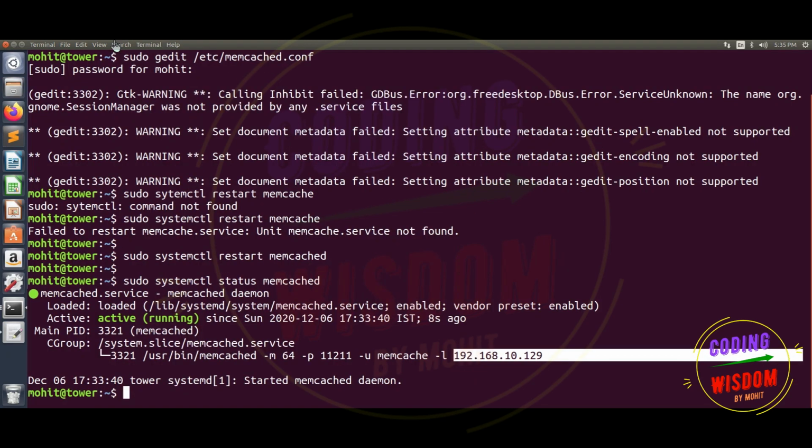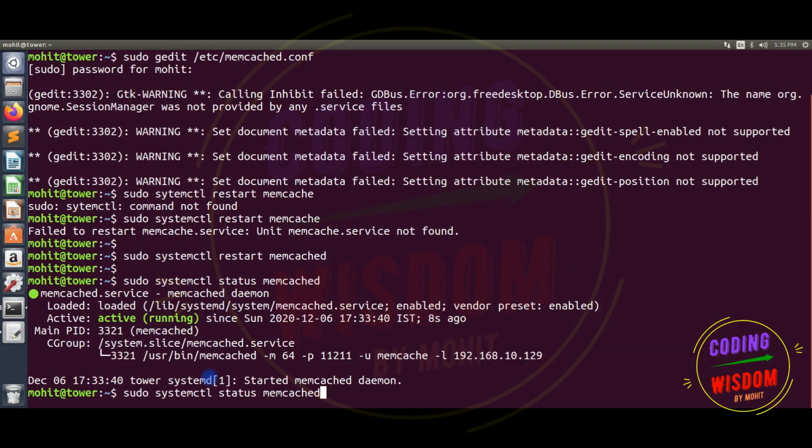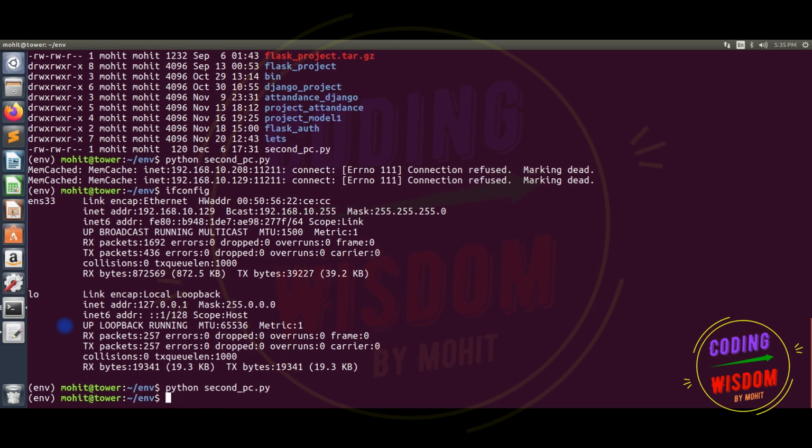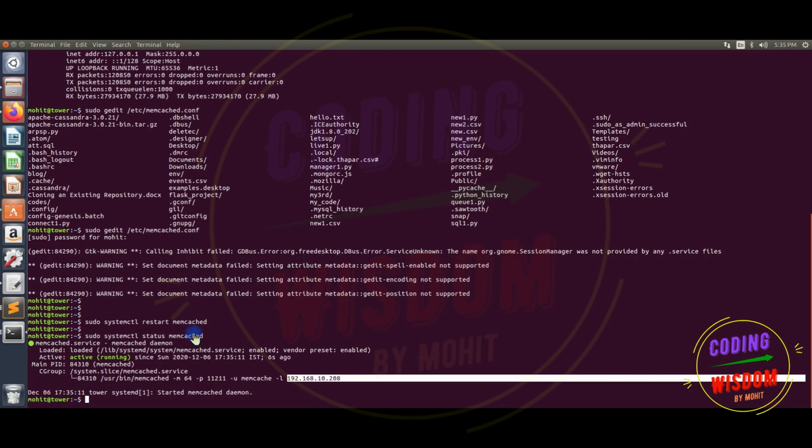Go to the first PC and try to run this code again. I can see no error. That's good news. We haven't printed any message, that's why I'm not getting any message here. Now let's check the data from the second computer.